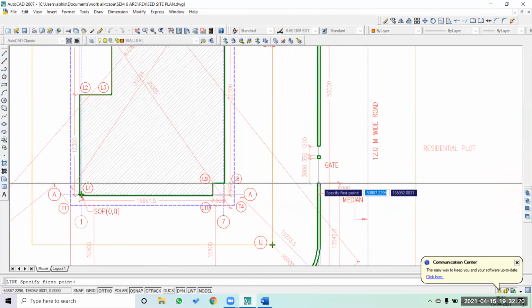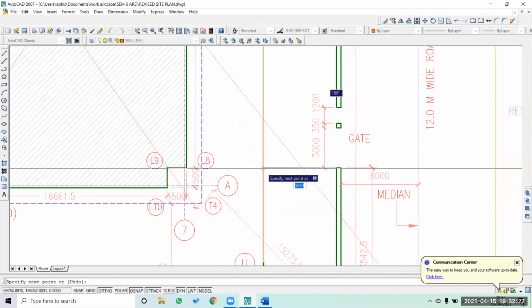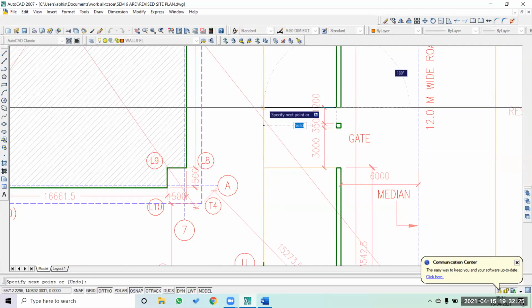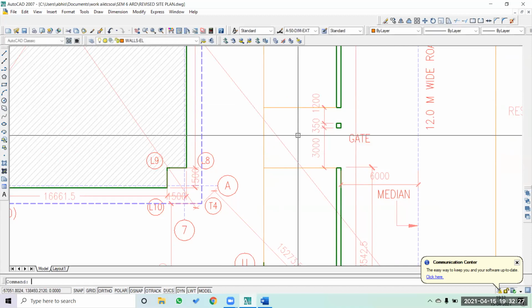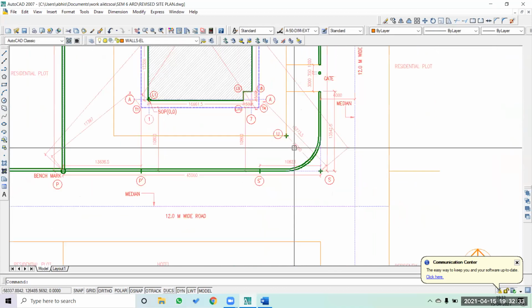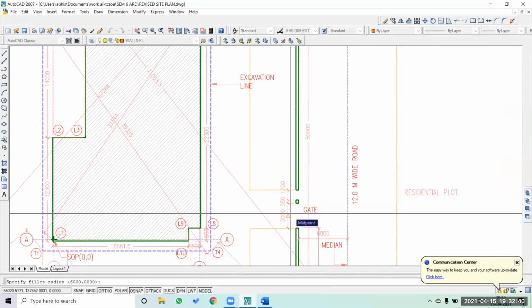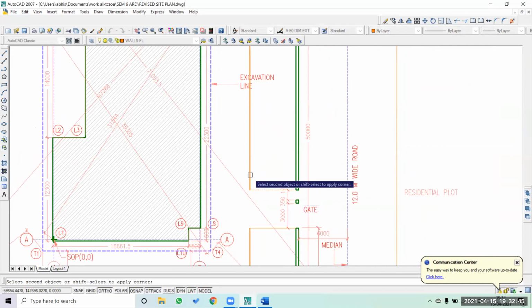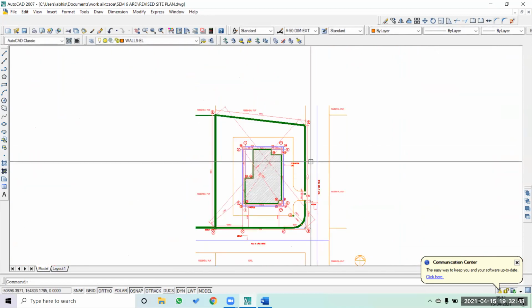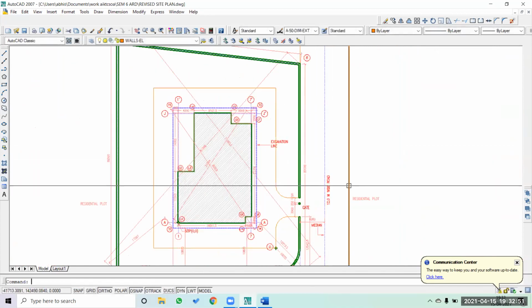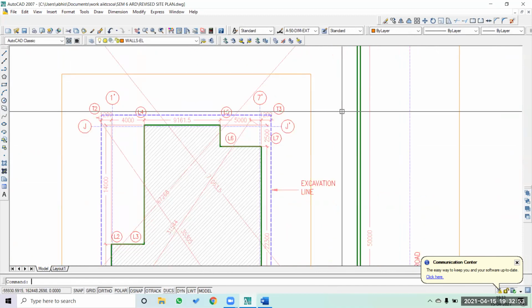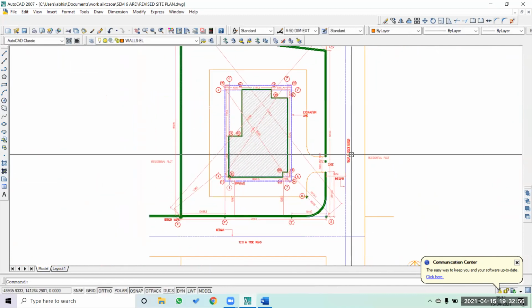So right now from the gate also, as you know, this will be the hardscape line. Again, it's a 6 meter roadway. So I am simply using the similar method that we just used for the compound wall. I'm going to first break it, then fillet with 6 meter wide, so I'm going to go for the 3000 here. Okay, so that is how this particular roadway is going to be created.